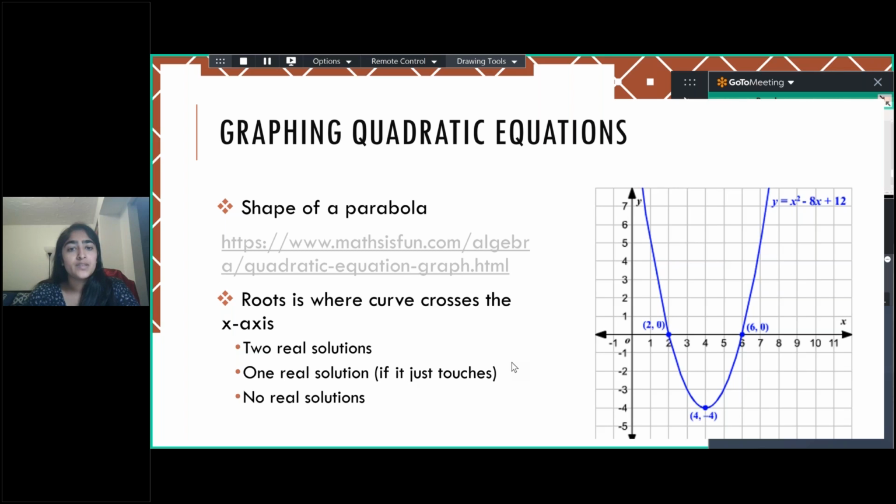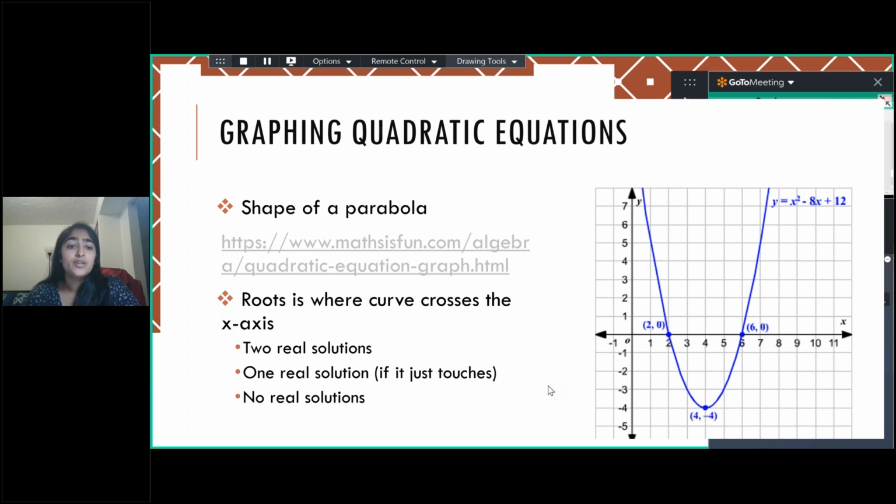Here, the curve crosses the x-axis at 2 points, at (2, 0) and at (6, 0). So this curve has two real solutions, one at x equals 2 and one at x equals 6. And the vertex is given at